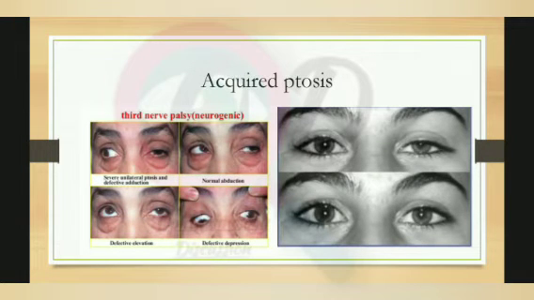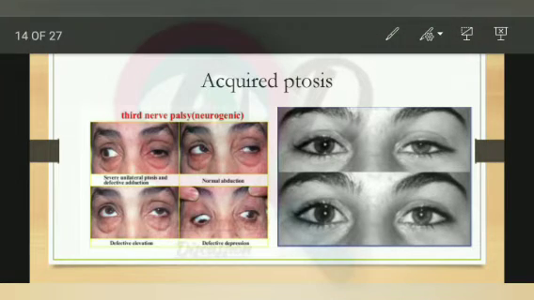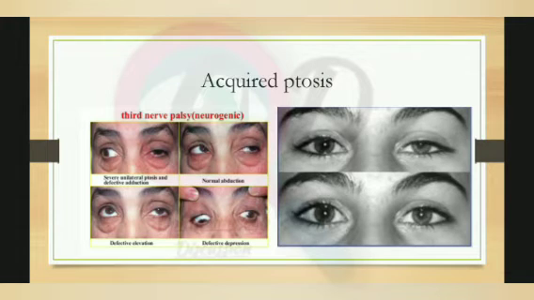Acquired ptosis images. You can see in the first image the third nerve palsy. Third nerve palsy is present in a patient where unilateral ptosis is there and a defective adduction position is there, in the first image, this one. And in the second image, the normal abduction position is there, but there is defective elevation because the third nerve palsy is there to make your eyelid elevate. So if it gets defective, you will experience a defect in elevation as well as in depression also.